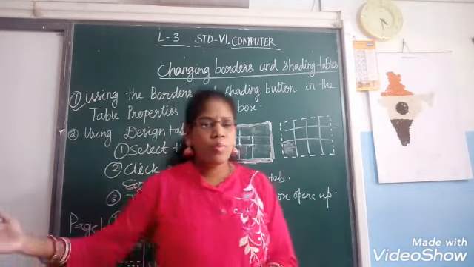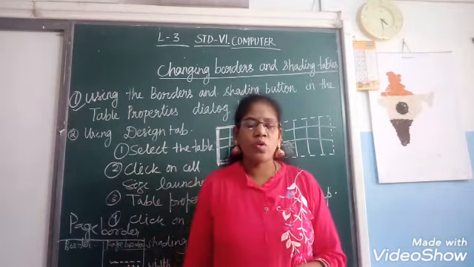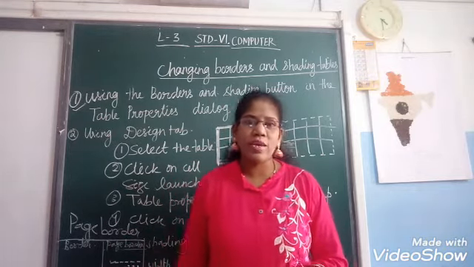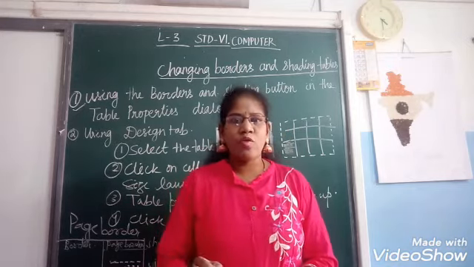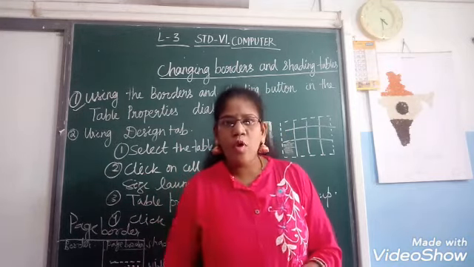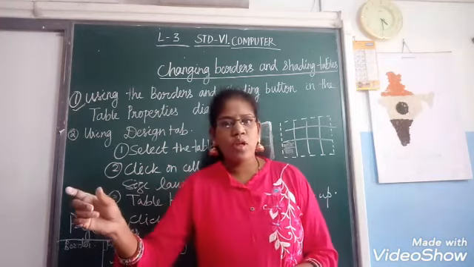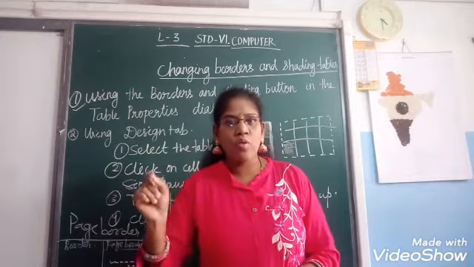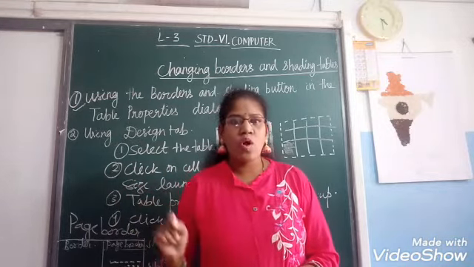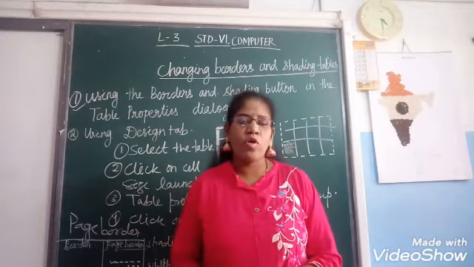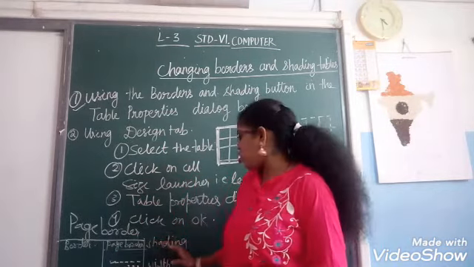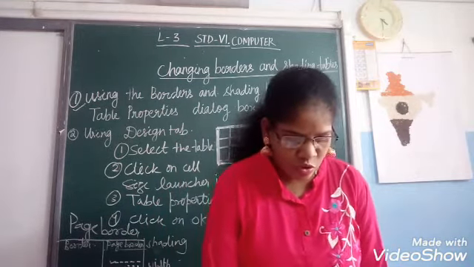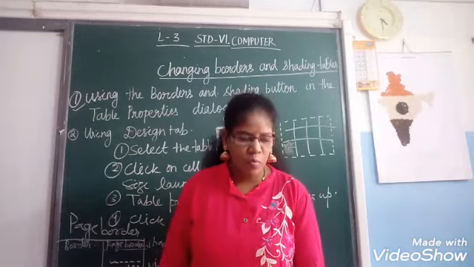Once the table properties dialog box opens up, then you go to the border, you select border and shading. Once you click on border and shading, there you will get border, whatever border you want, you select that. If you go to the page border, there you will get which type of style border you want, the color you want, the width, the thickness of the border you want, you can give. And if you click on the shading, you can give the shading to the border. So one can choose the setting, style, color and width of the border.